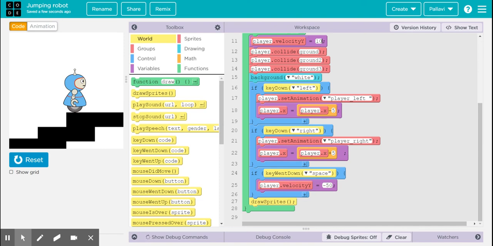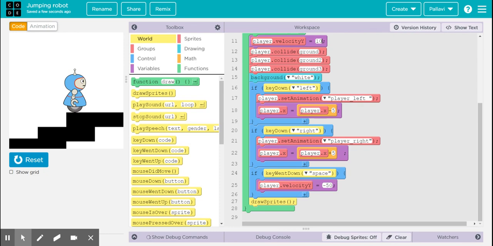So minus 50 plus 10 is nothing but minus 40. So your robot will jump only 40 places or pixels towards the upward direction because that's minus y. So that is the end result of your height.